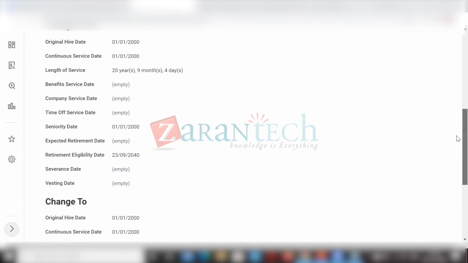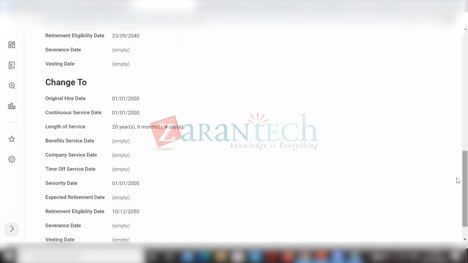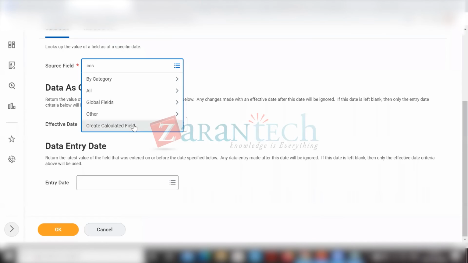They have changed something to this year. As of this particular date, what was the service date? The retirement eligibility date is changed from this date to 2040 to 2050. So as of this particular date,